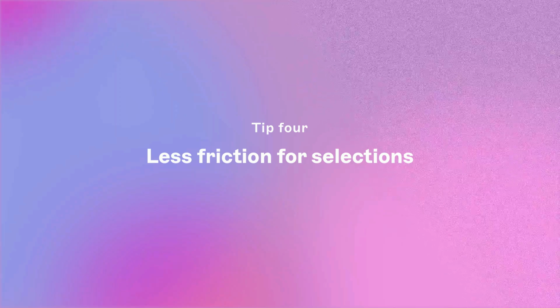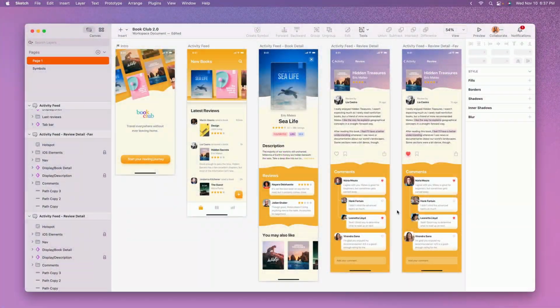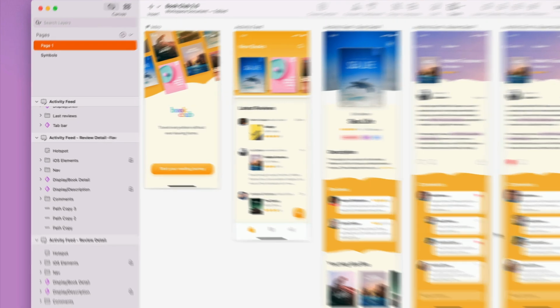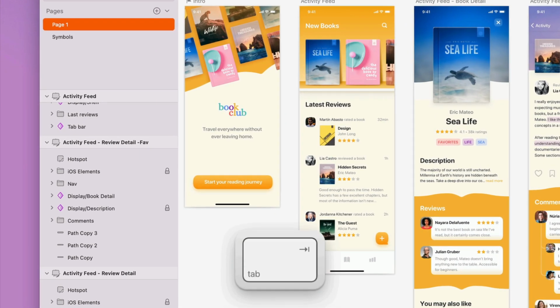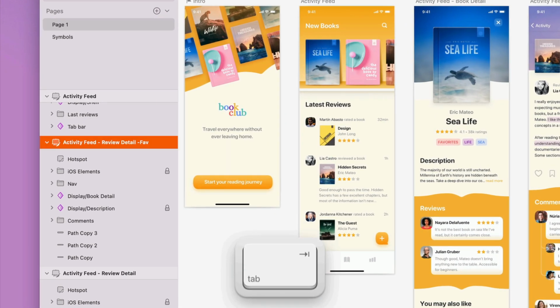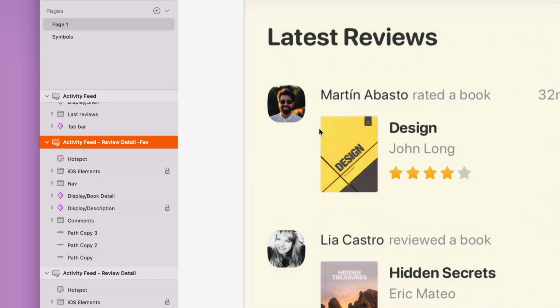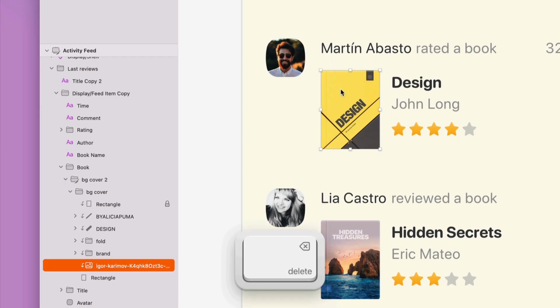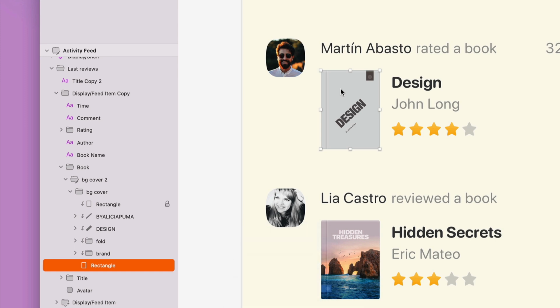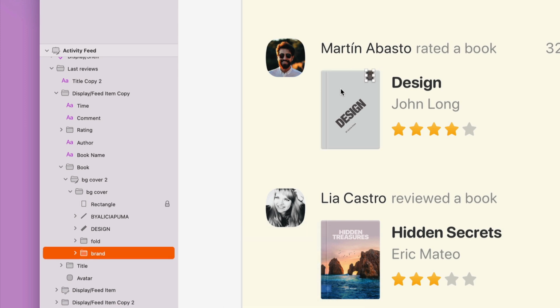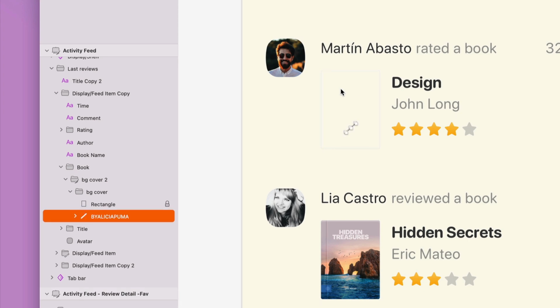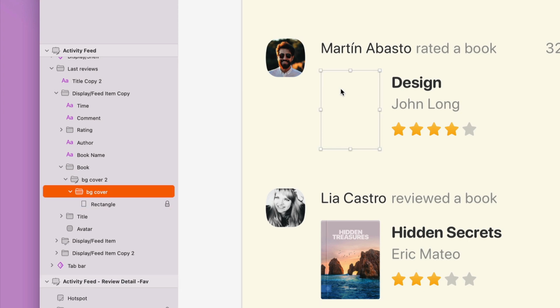Tab and Shift Tab have always been used to select the next layer or the previous layer on the layers list, but now, even if you have nothing selected, Tab will immediately select the artboard that you previously had selected, allowing you to start with keyboard navigation rather than first having to click on an object. Another great quality of life improvement is when you delete a layer from the layers list, Sketch will automatically select the next layer instead of deselecting altogether. This makes it a lot easier to stay within the group that you're already in, or delete additional layers that were adjacent to the previous one.